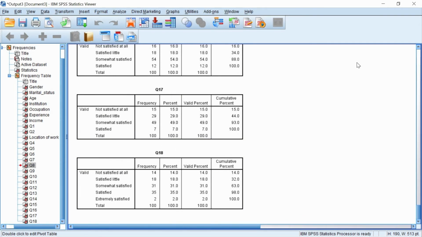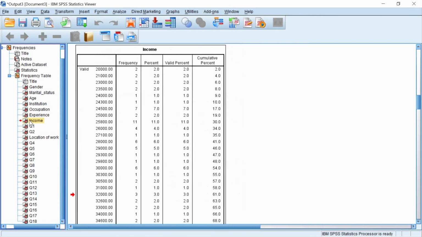What I transformed so far is called recode into same variable. Now I want to transform into a different variable, which means the original values will not be disturbed, but the same thing will be transformed into some other form and saved in a new variable. Let me explain. I choose income.